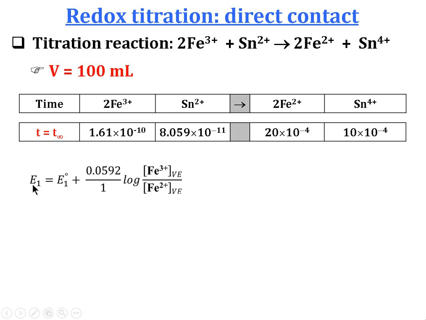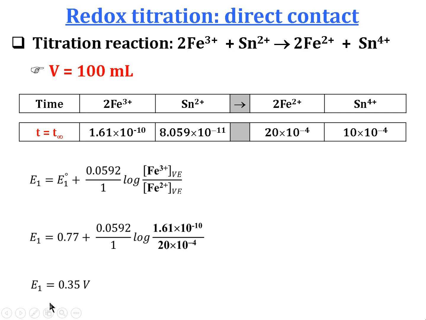Applying Nernst equation on couple 1, E1 equals E01 plus 0.0592 divided by 1 log concentrations Fe3+ divided by Fe2+ at V equivalence, so equal 0.77, and we put the concentrations by their values, and we find E of the solution, E couple 1, equal